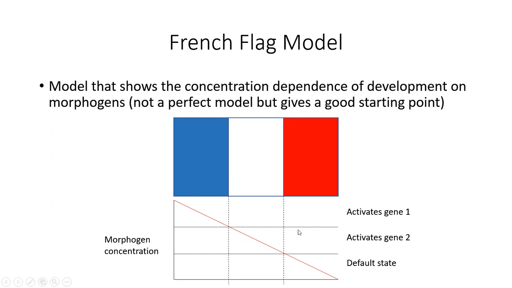And in between these two thresholds, you'll have activation of gene 2, which will give this white cell fate. And as you get more posterior and the concentration is even lower, you get the concentration below all the thresholds, in which case it'll just be the default state. It's not activating any genes that it normally would be. So because of that, you get these three regions of distinct cell fates, just dependent on the concentration of a